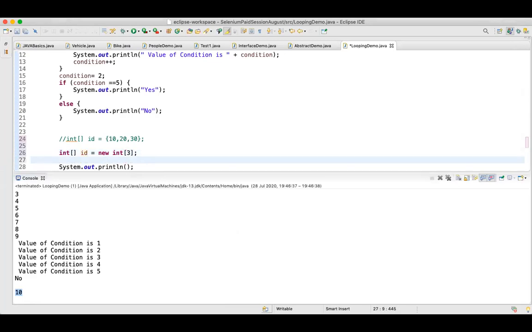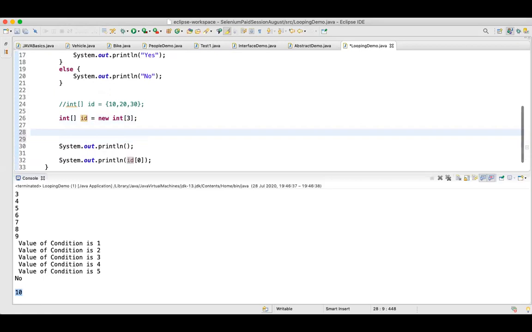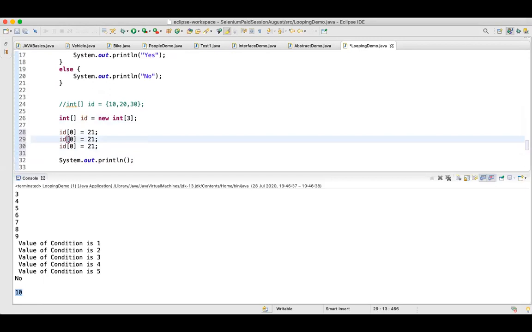If I want to add values over here, guys, if you see, earlier I had added the values as well over here. But here I have not added the values. I'm simply declaring my variable ID, and now I'll add the values. So I'll say ID of 0 is equal to, let's say 21. In a similar fashion, I'll say ID of 1 and ID of 2, and instead of 21, I'll write 31 and 41.